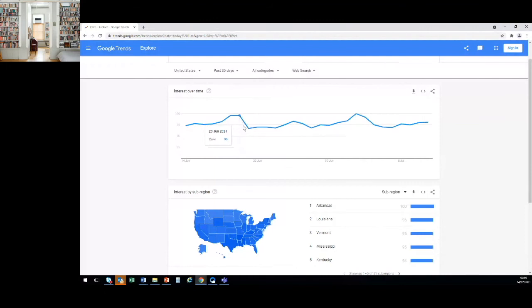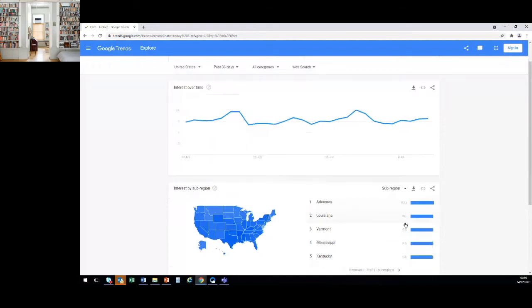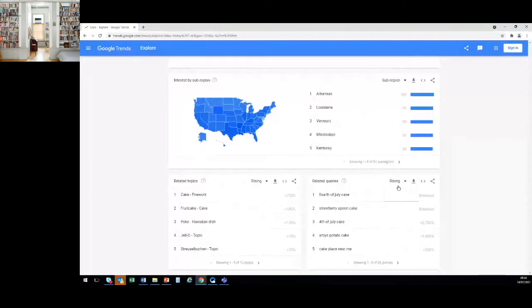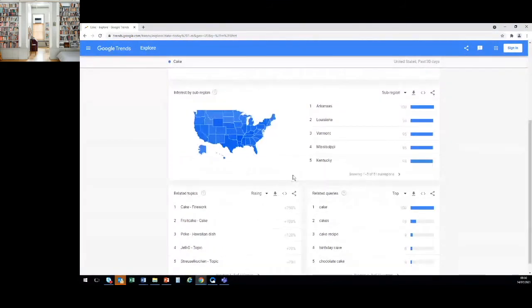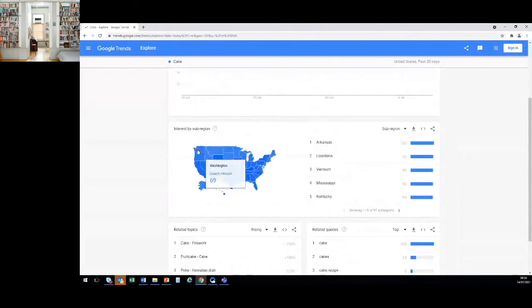So actually, Google Trends can tell even more. Google Trends can tell all of this: the search pattern and also some additional information related to the search term. Yeah, here, the related queries. We could put the top. And also, we could understand how different regions of the country search for it.